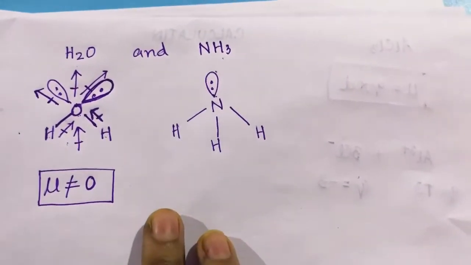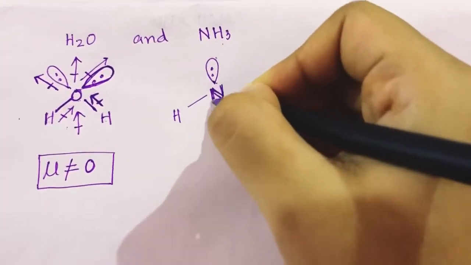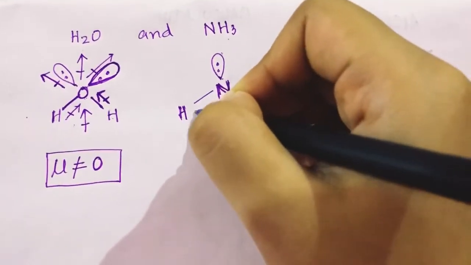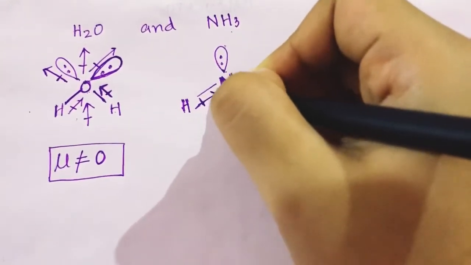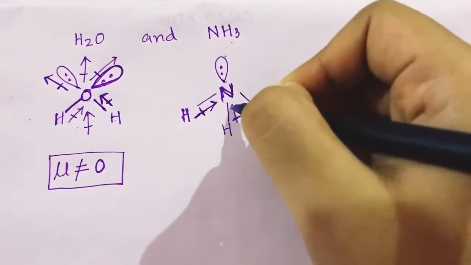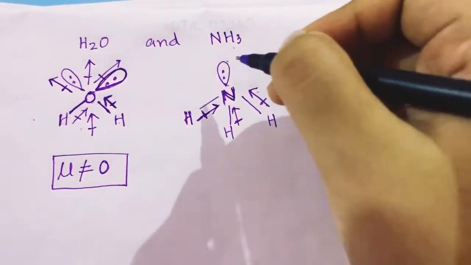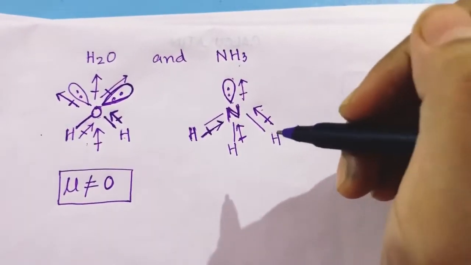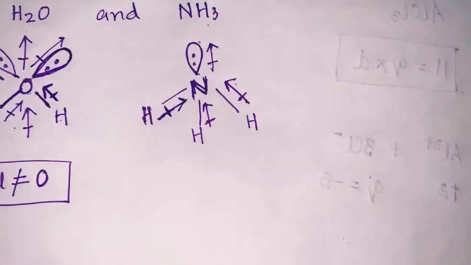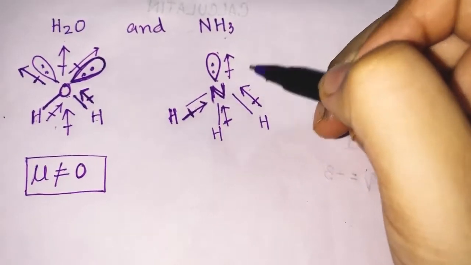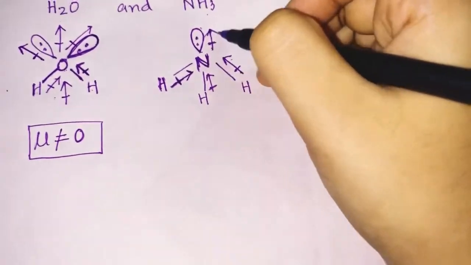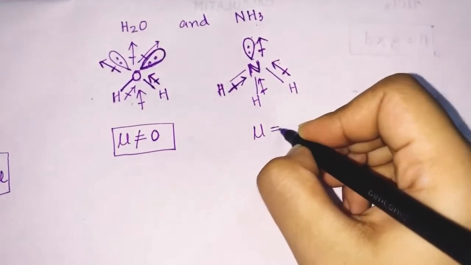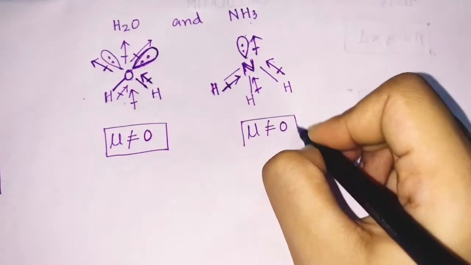Let's see ammonia now. Here nitrogen is more electronegative. Okay, now hydrogen is present. Therefore, nitrogen being more electronegative, the dipole moments go from hydrogen to nitrogen in each of the three cases, and since there is a lone pair, towards the lone pair. Okay, now what's happening in this one is, here also we can clearly see that the dipole moments are going in the upward direction. Therefore, here also we'll have a net non-zero dipole moment.